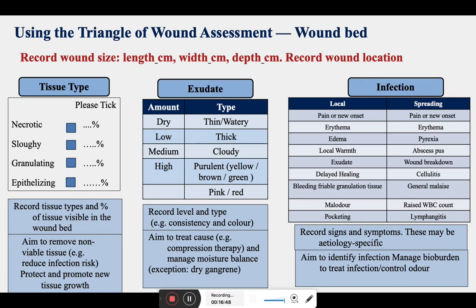Now this is an overall chart about tissue type, exudate, infection. Once a patient comes, we should look at the wound. We should note down the size of an ulcer; length, width, depth should be recorded. Now this is what we can make and keep with us for our reference when a patient comes on intervals or the follow-up checkups. We can always see the percentage of slough which is there, necrotic material, granulating or non-granulating wound, epithelialization, and what type of amount of exudate is there, whether it is dry, low, medium or high, or if the quantity is changing, and so on. Same is with the infection.